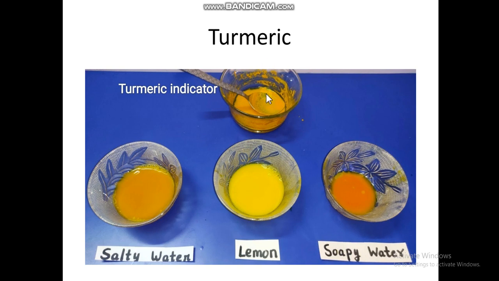But if we add this turmeric solution to lemon, we can see that the color of the solution will change to a little paler yellow. And if this turmeric solution is added to soapy water, in soap we have the base, and in lemon we have the acid. So with the base, the color of the solution will turn a little brownish. You have observed this one in your clothes.